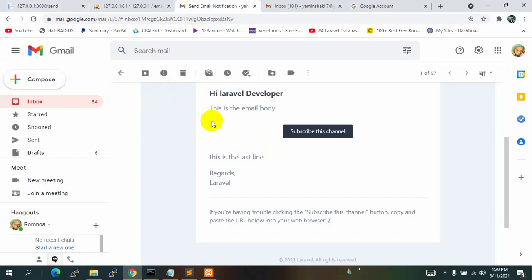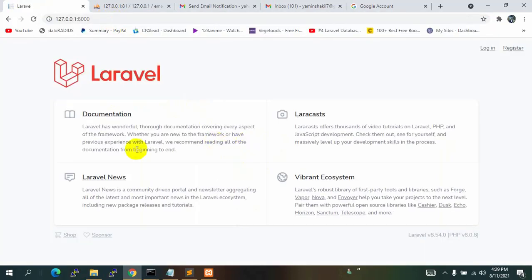But obviously this isn't the proper way to send messages by the URL. We should have an input field option over here, and if we click the send button, then it should send the email. Right, so for this let's do this part. First of all, we are going to just remove this documentation Laravel part from here.